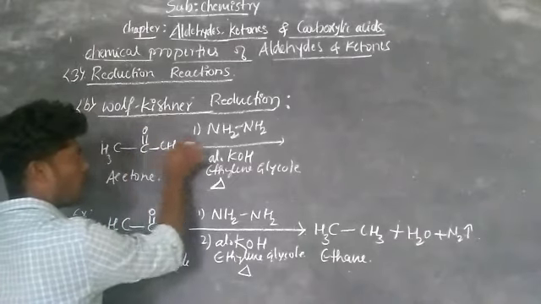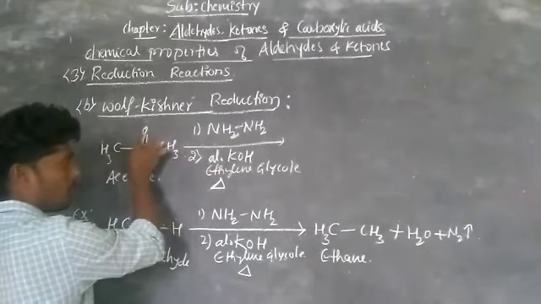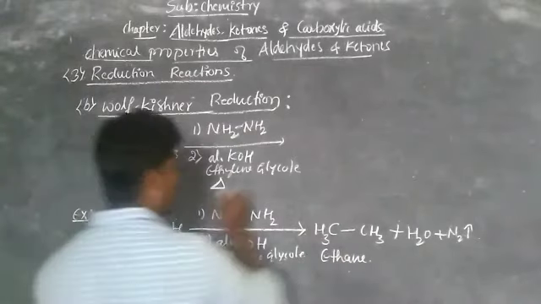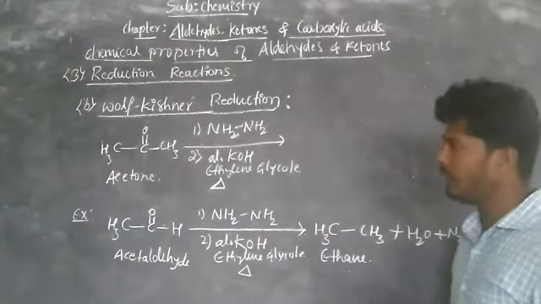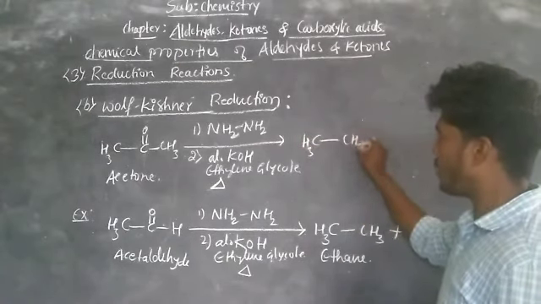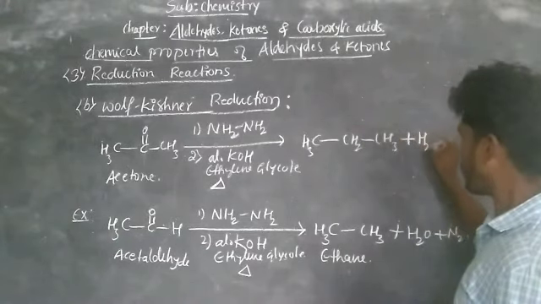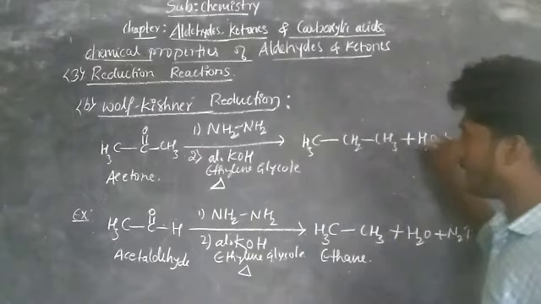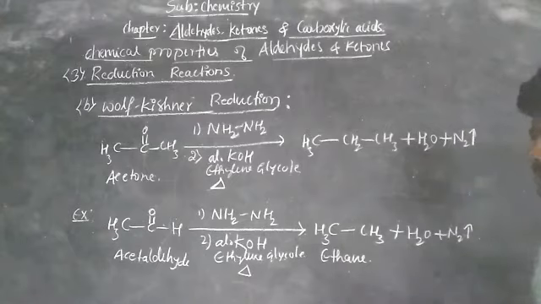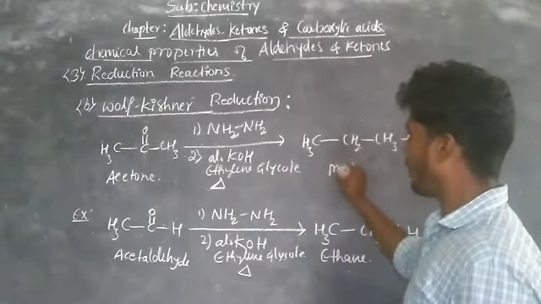What do you get? CH3-CO becomes 2 hydrogens added to this carbon, CH2, and the remaining 2 hydrogens added to the oxygen becomes water. Then N and N becomes N2 gas. Now write the products. What do you expect? CH3-CH2-CH3 plus O becomes water, H2O, plus nitrogen and nitrogen becomes nitrogen molecule gas. Okay, so this is called Wolff-Kishner reduction. What you get from acetone is propane.